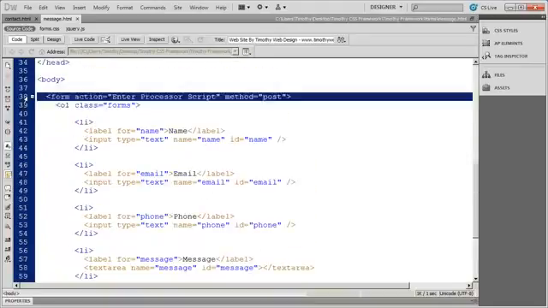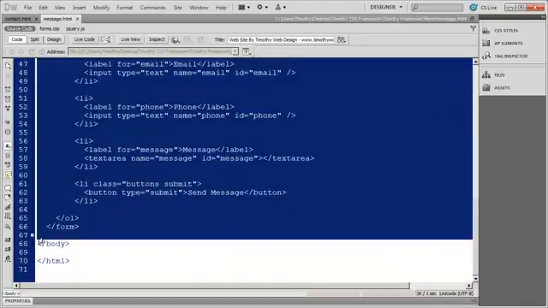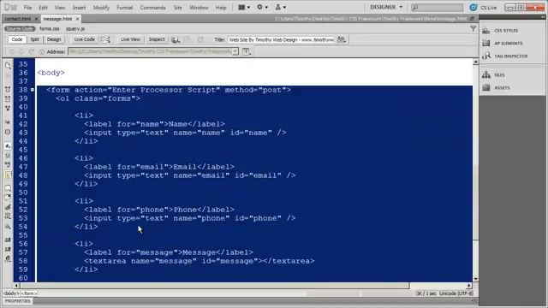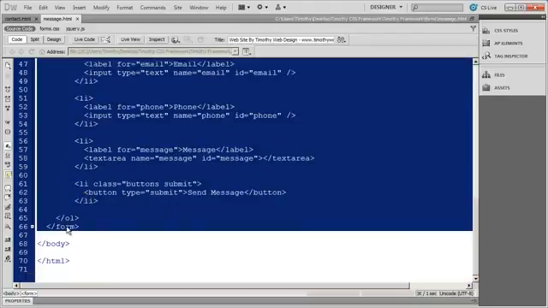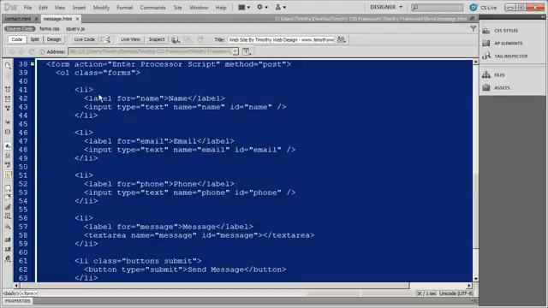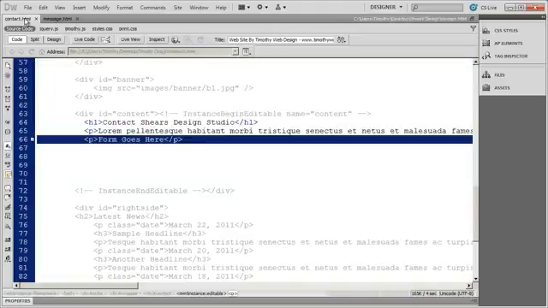And I'm going to go ahead and highlight this whole form just like that. Everything from the opening form tag all the way down to the closing form tag. I'm then going to go ahead and right click and copy that, and I'm going to come back into my